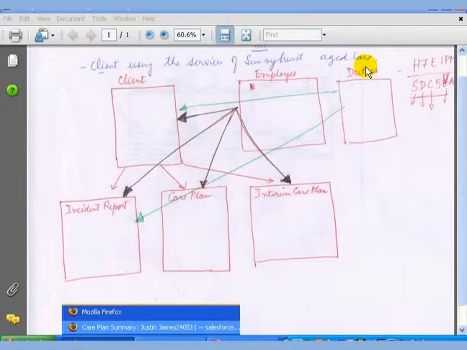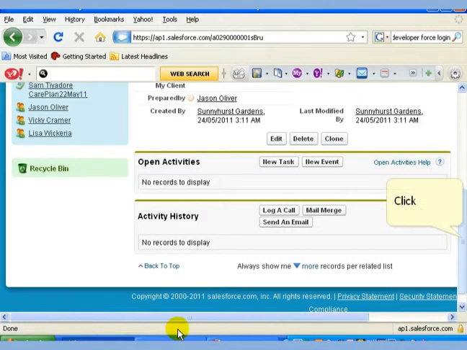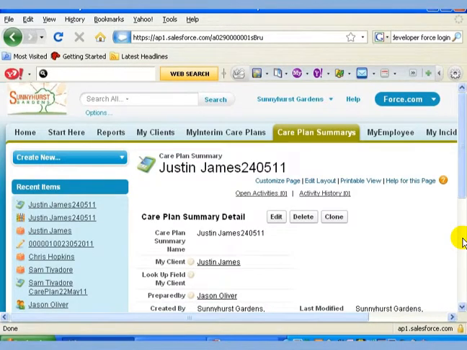So now we are able to see the direction of the arrows that I've drawn, showing the interaction between these custom objects. In future I'll also be dealing with custom objects for doctors, so that each client may have their own family doctor who might be interested to come and take care of them. So if you look at the whole thing, how I've done it,